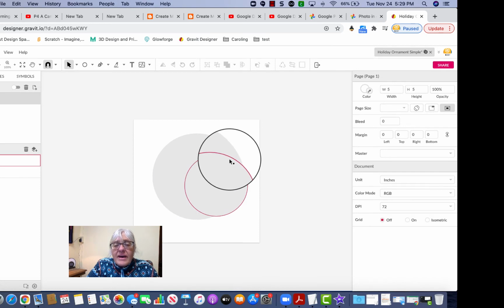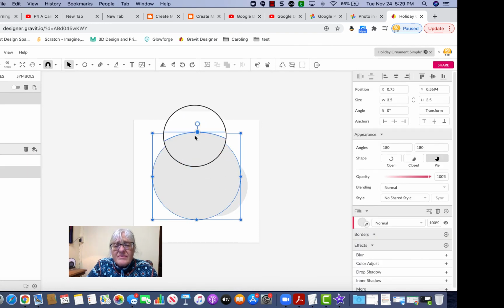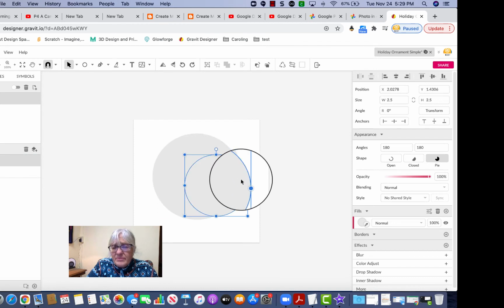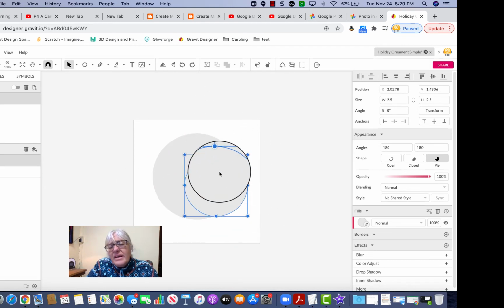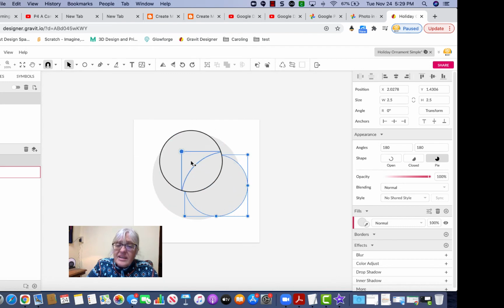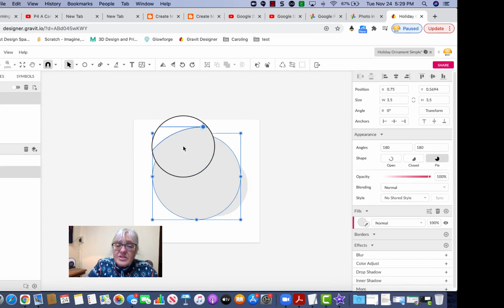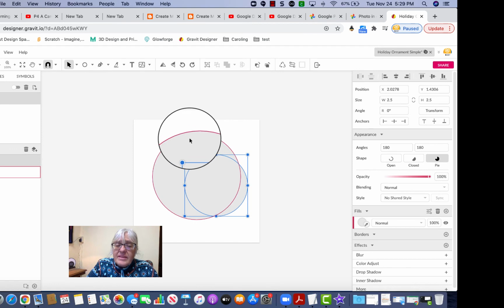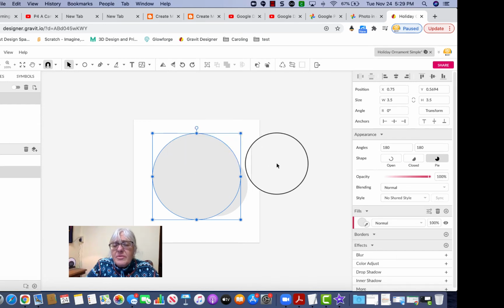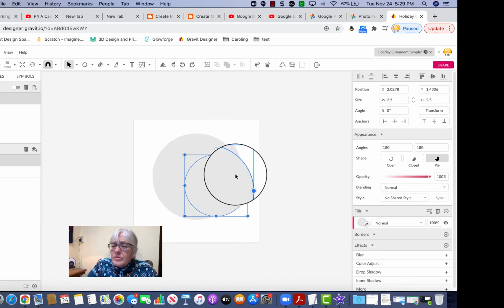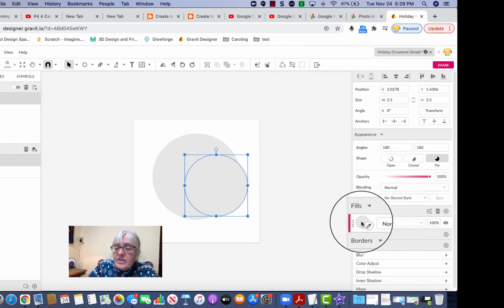Okay, so take a look at the fact that we have 2 circles here. 1, 2. And every time we hover over them, I can see the outline. To make it a little easier to work with, one of the things I like to do is to color my shapes and then remove the color when I no longer need it to help tell where my shapes really are. So for example, I'm going to choose the smaller circle. I'm going to select the smallest circle and I'm going to come over here where it says fill,